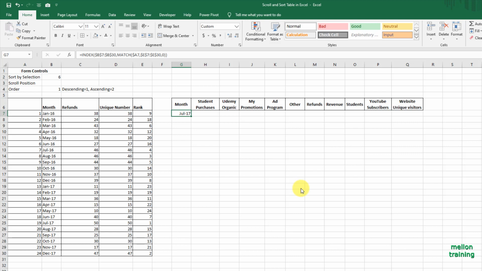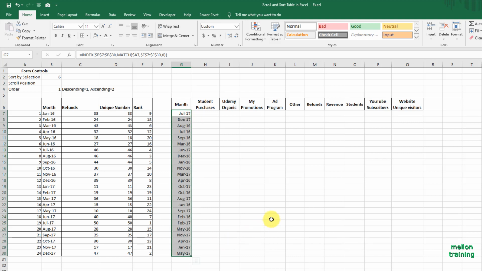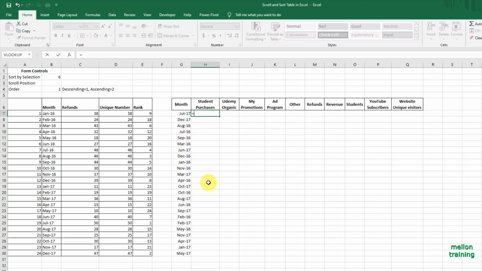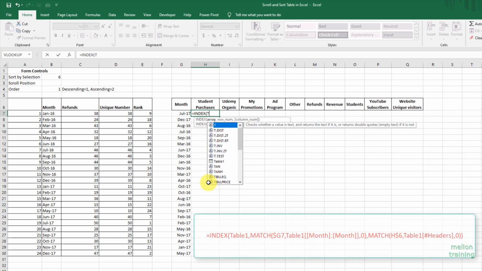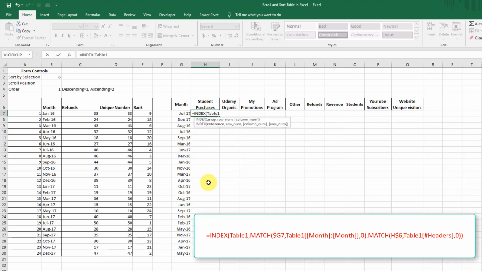Copy the cell all the way down and we have a list of months in descending order based on that selection. Next, for the first column, student purchases, start typing equal, index, the array is table 1. We use the match formula to return the row number.